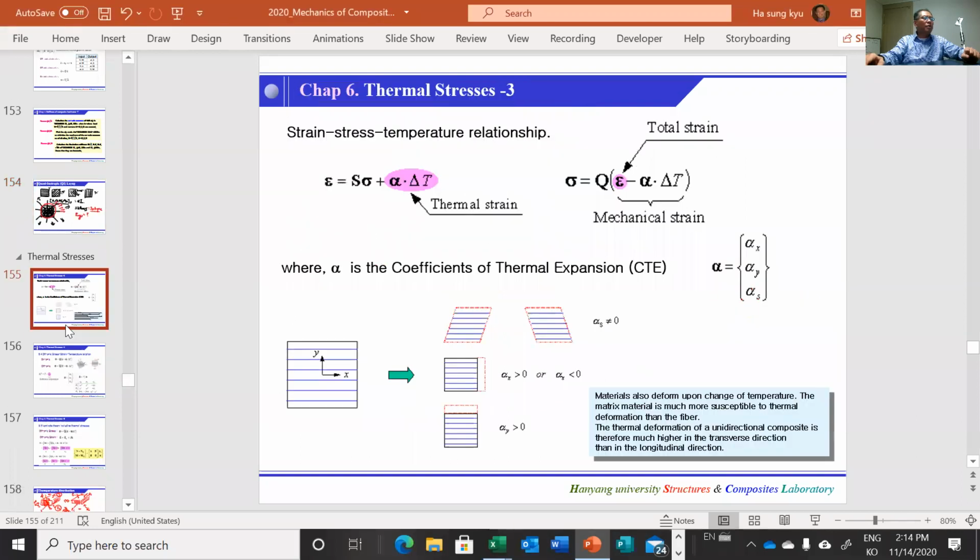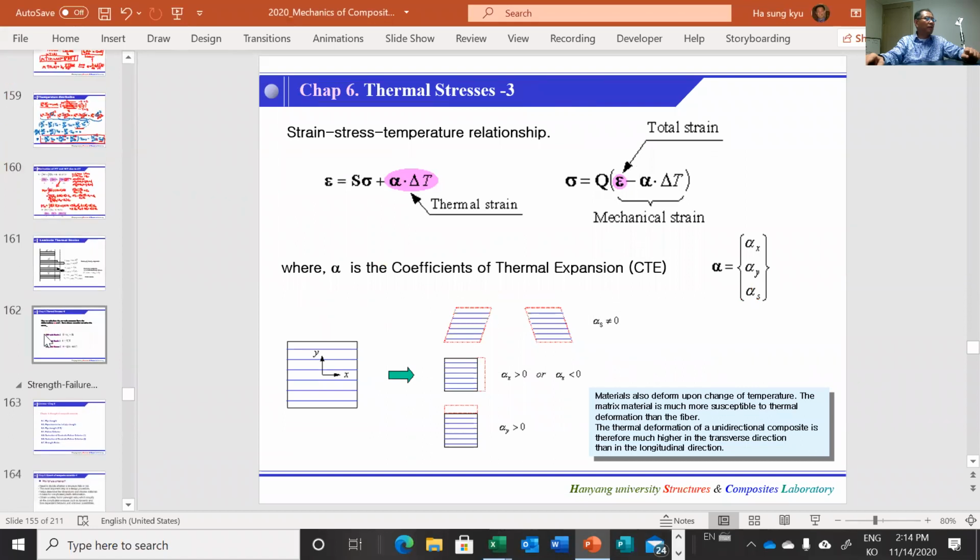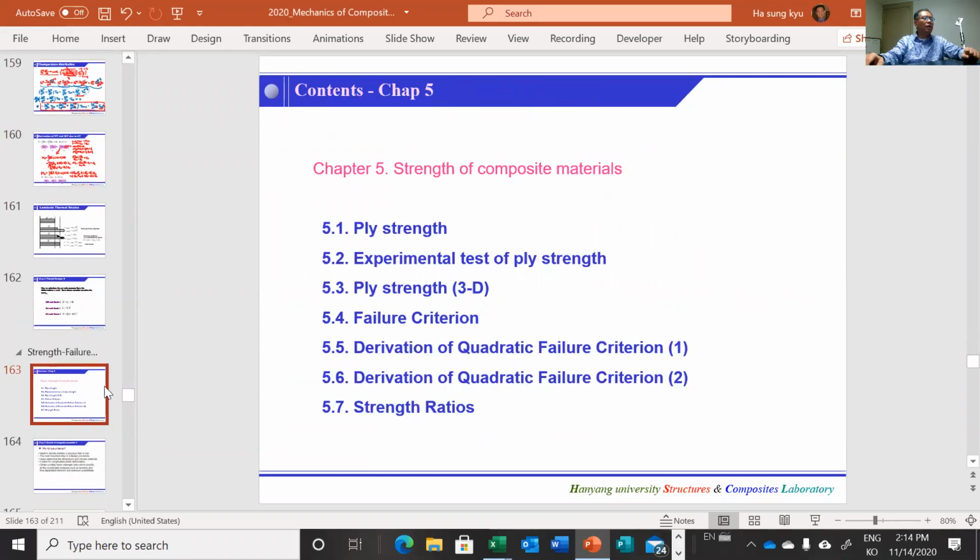So I will skip this thermal stress. I don't want to be distracted by this subject. More importantly, I'd like to cover the strengths. Strengths means the failure subject, and we will define the ply strengths and so on, and failure criteria. This is the main subject we'd like to cover today. Okay,